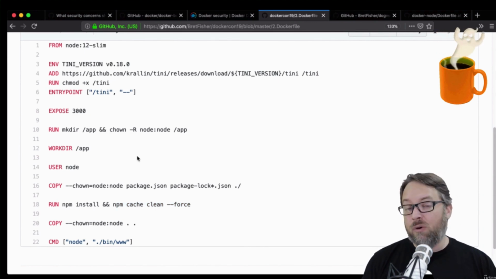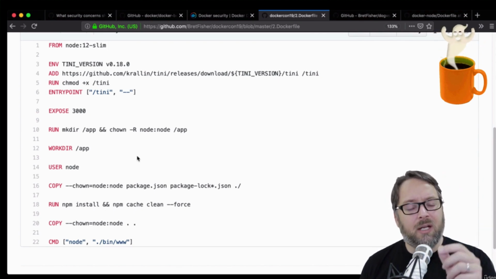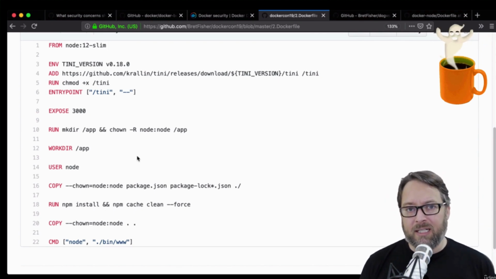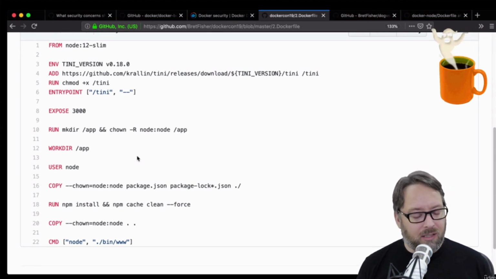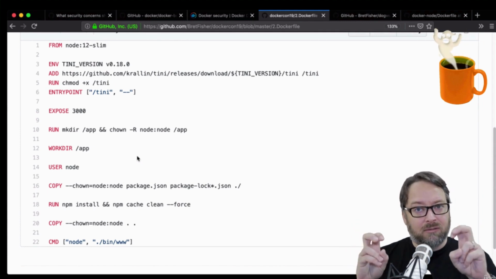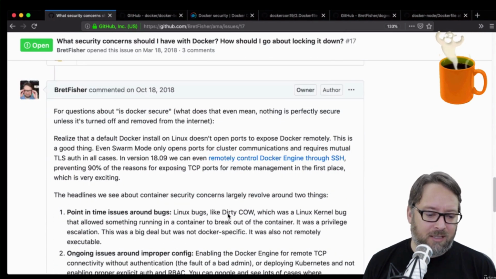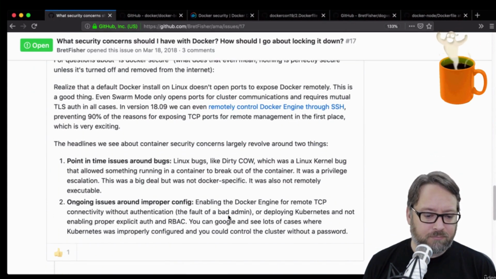So it can't have full control in the container. The other reason you want to do this is if there's a vulnerability in Linux, which is rare, or Docker, which is also very rare, then there's less likelihood that they're going to break out of this container. And that's only happened one time that I'm very aware of, and I actually documented a little bit of it down here.